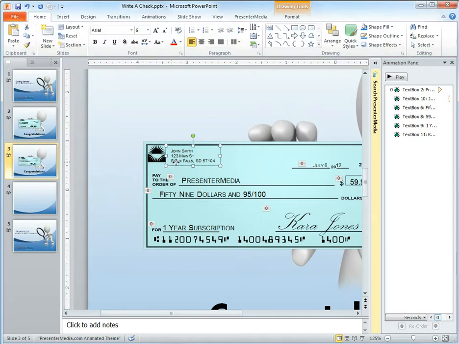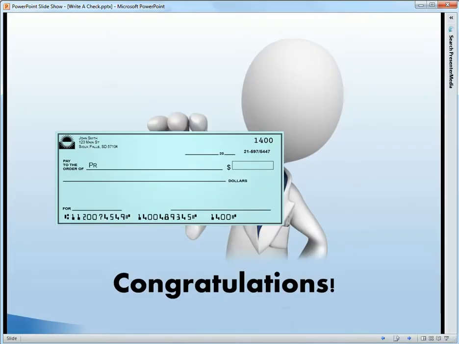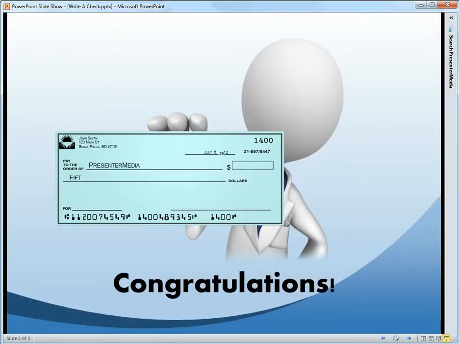Alright, and now we have our check as though it would actually appear in the slideshow. And hopefully for your case, it will appear in the exact same setup as if you were actually writing it out